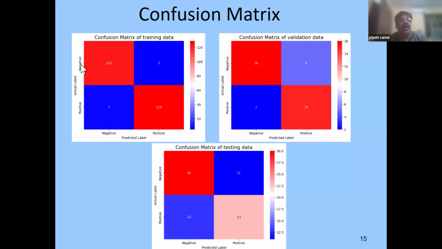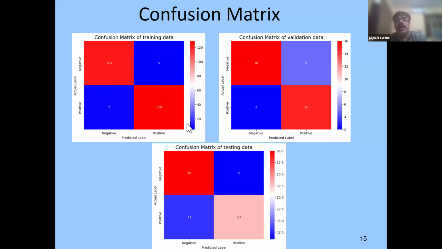And when your actual label is negative, and your model is also predicting negative, then it's a true negative. Similarly, if your actual label is negative but your predicted label is positive, that is actually a false positive. And when your actual label is positive and your prediction is also positive, that is a true positive. So if you see, this is actually the confusion matrix for the training data set,